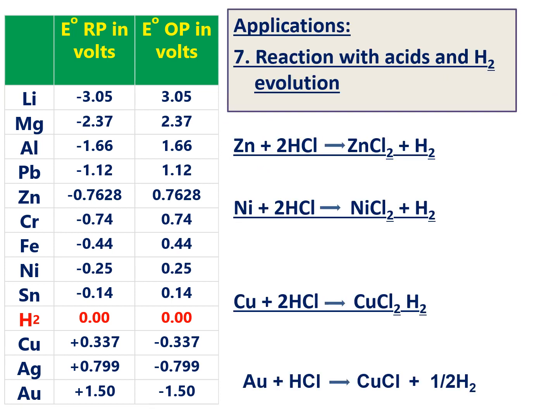The next application is whether a metal interacting with an acid produces hydrogen gas or not. The evolution of hydrogen gas can be determined using the electrochemical cell. For example, when you add zinc metal to HCl solution, it produces zinc chloride plus hydrogen gas. So zinc should be involved in oxidation. See here, zinc metal Zn0 is converting into zinc chloride, that means 0 converting into the +2 state. So zinc is involved in oxidation.